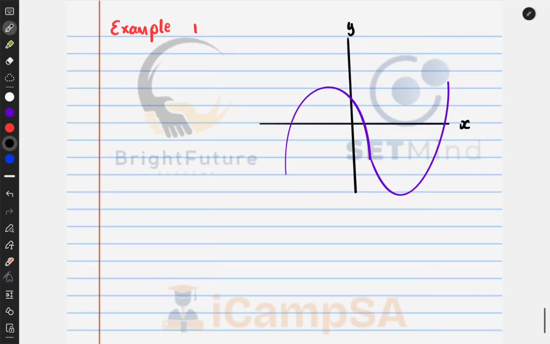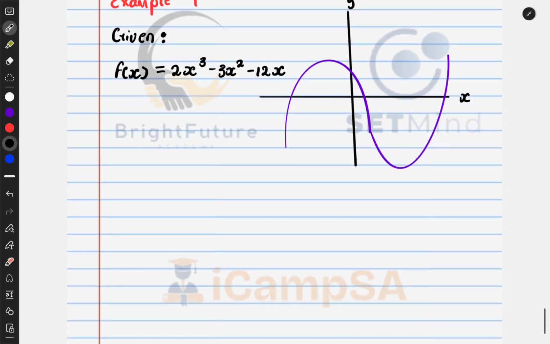It's a cubic function, given f at x. I think this will be a good segue to our next topic, where we'll be covering cubic functions. Cubic functions are much easier to interpret once you have done calculus. So we're given the following, and then the question asks us to determine or find